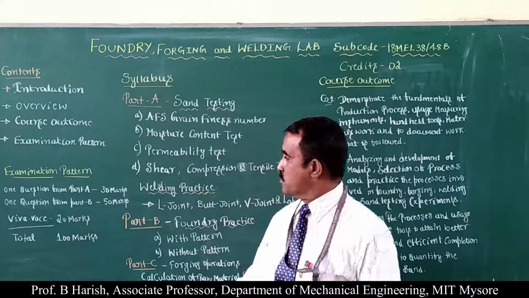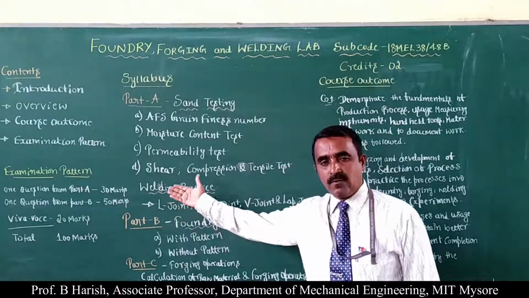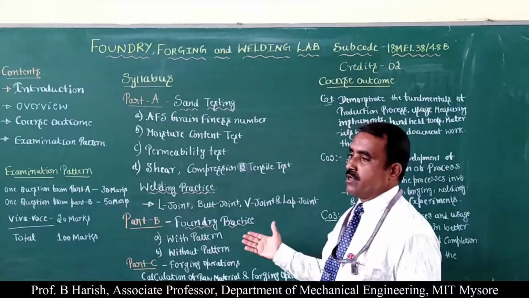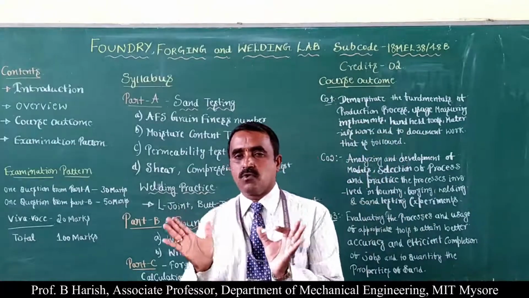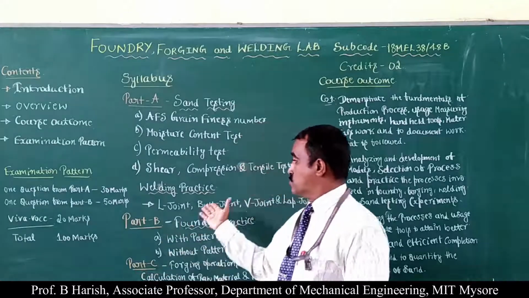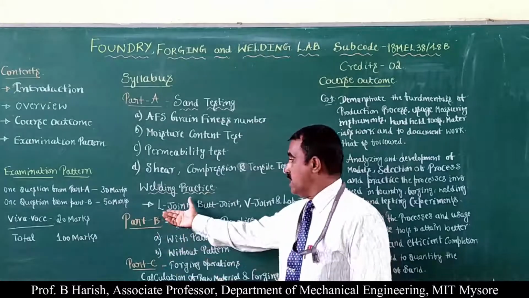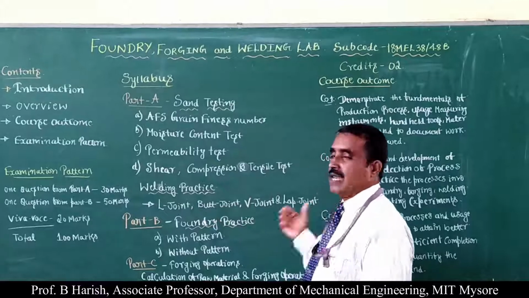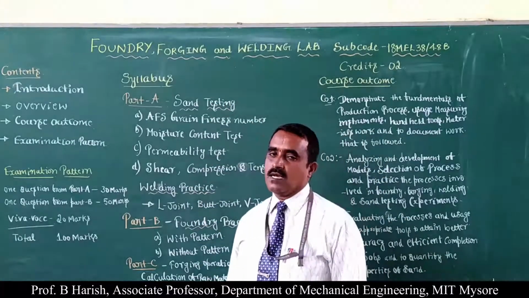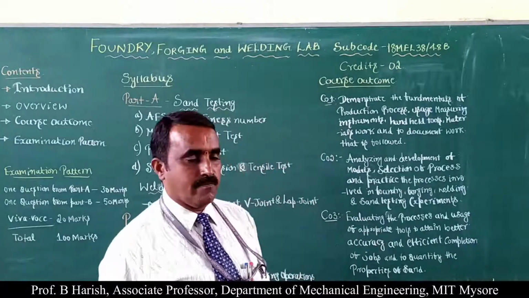By the welding process, the L joint will be in the shape of L. Then butt joint, B joint and lap joint, where we will be having two pieces. Two pieces will be kept together and a joint is established. Based on the shape, we get the L joint, butt joint, B joint and lap joint. These things come under the Part A section of the syllabus of this particular lab.